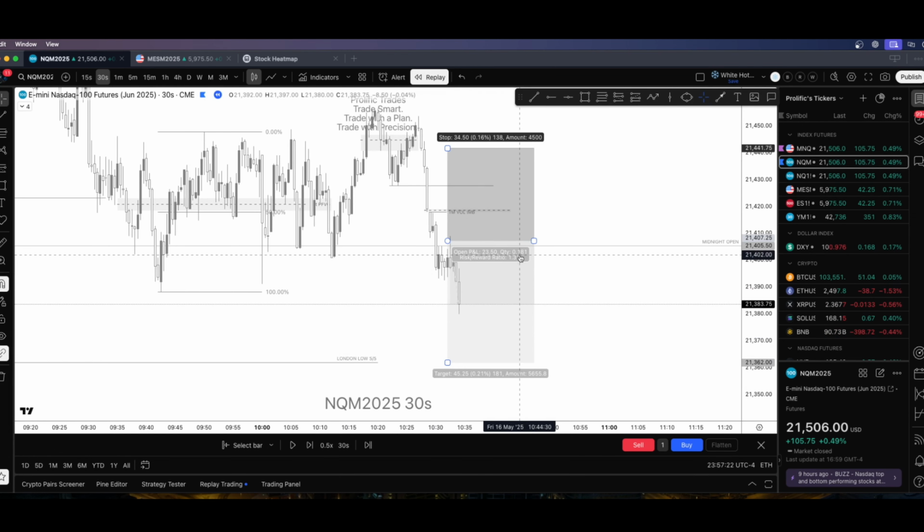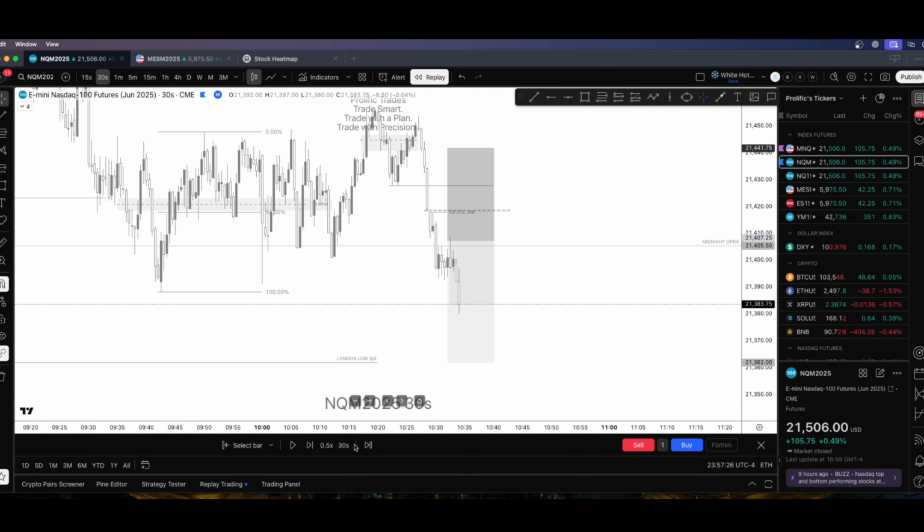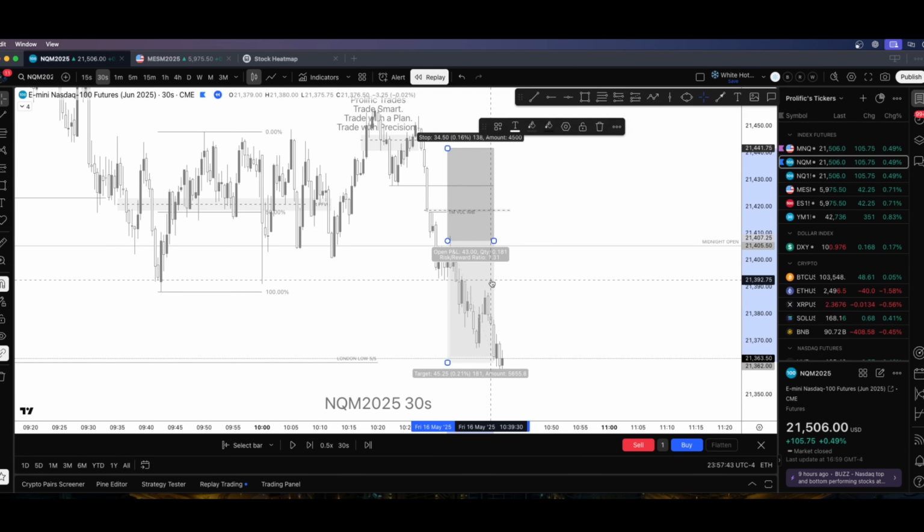And once I'm tagged into a position, I like to see it just run away very quick. Most of the time I'm just looking for 10 or 20 point moves within the Nasdaq, and I seen that price is getting heavy. I pyramided another entry right around here. Take profit. Simple as that. Hey, we in and out, quick 40 points, and this is more than enough for me today. Today was a very profitable day.